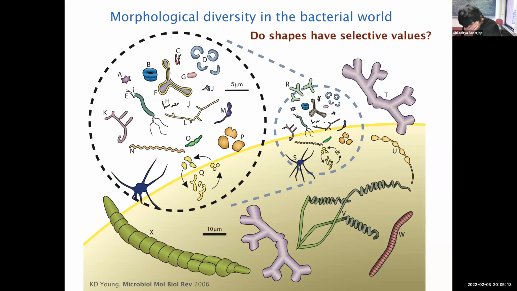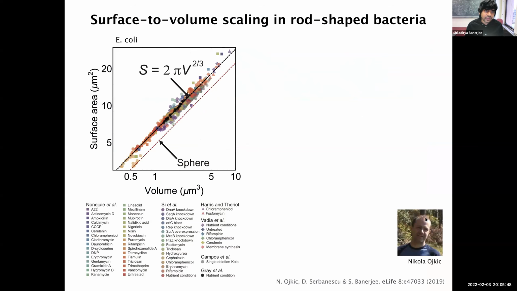About a few years ago, my group decided to start collecting data for shape and geometry. We wanted to look at whether there are some universal laws of cell shape. We already know the size law, the growth law, which I talked about, but we wanted to know if there are universal principles of cell shape. Here is my postdoc, Nicola, who recently became a faculty member at Queen Mary University of London. Nicola started looking at data for cell shape, and we looked specifically at E. coli cells first. I'm going to show other organisms later.